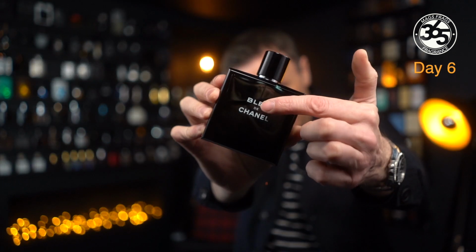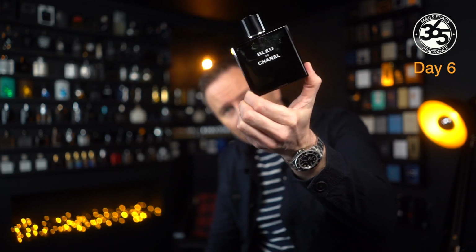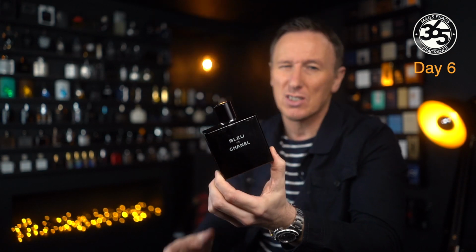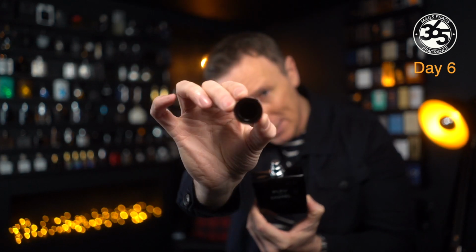It comes in this deep blue square glass bottle, and it's got a really nice minimalist design with the logo on the front of the bottle there in bright white. You can also see through the glass if you hold it up to the light, so if you need to see how much juice you've got left, you can do that, and it's not an opaque bottle. It's also got a really nice magnetic cap with a logo on the inside as well as on the outside,